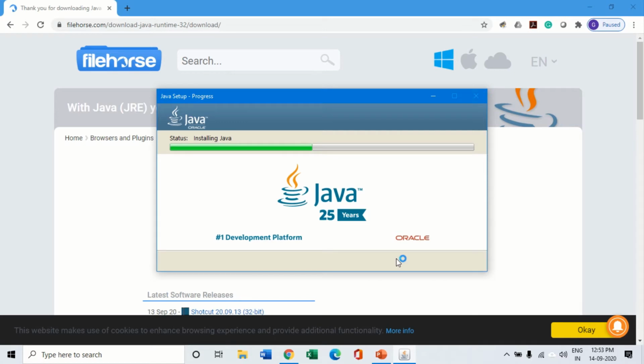So there are two applications which you need to download. One is the OpenOffice software, and as soon as you finish downloading that and installing it on your computer, you will also have to download the JRE 32-bit application. It is very important because Apache OpenOffice is a 32-bit application, so you need a 32-bit Java runtime environment for it to function fully.